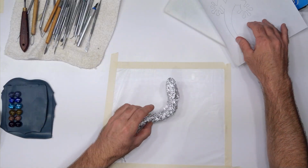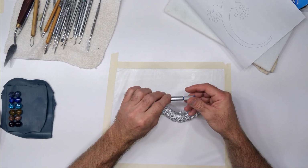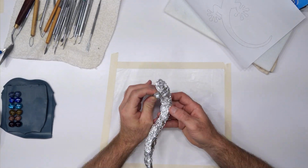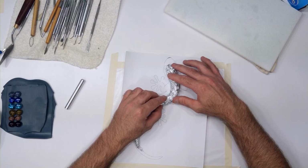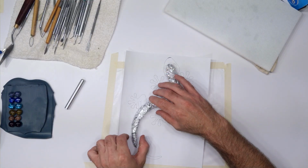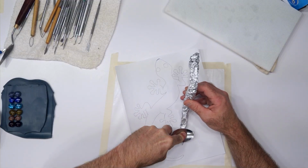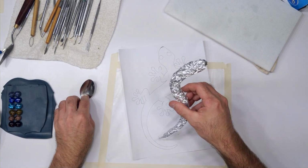So you gotta be careful not to add too much foil, because you'll wind up having it too dense and it won't be able to be compressed. I'm going to use this handle to this cutting tool to help shape this. We'll check our work, and you can see it's within the parameters of the body, so we're doing good so far. I'm going to pinch it this way. It's already dense because I twisted this. I'm just going to hold this on its side and use this spoon to make it narrower, a little narrower, so it can fit within that tail area